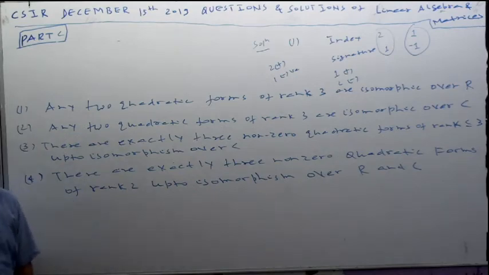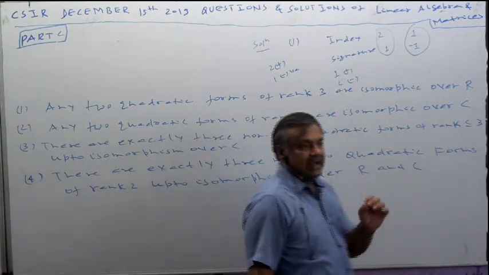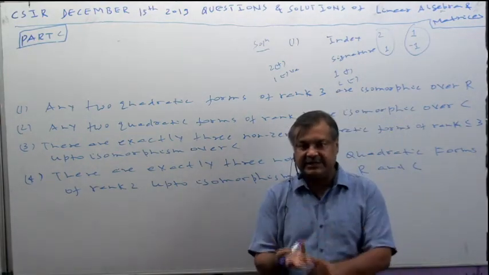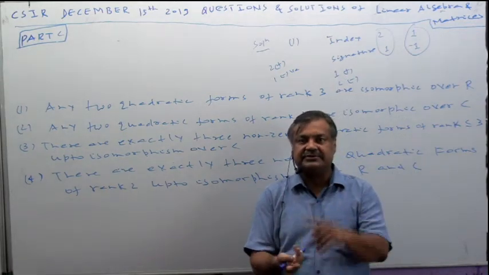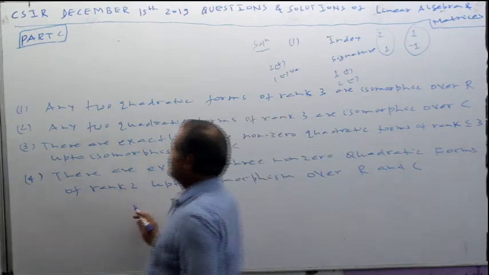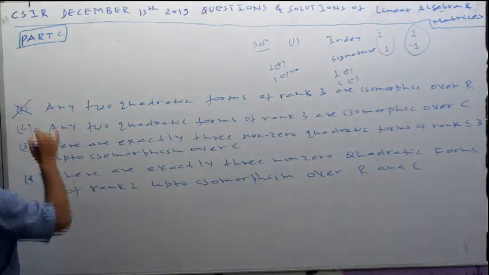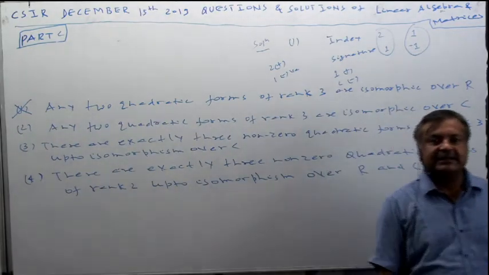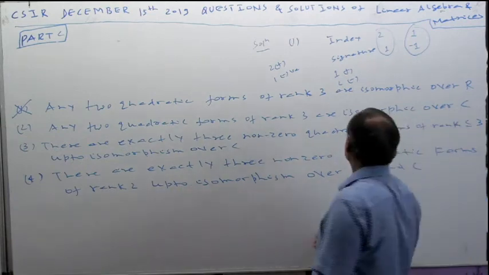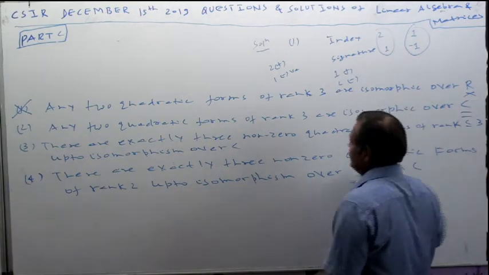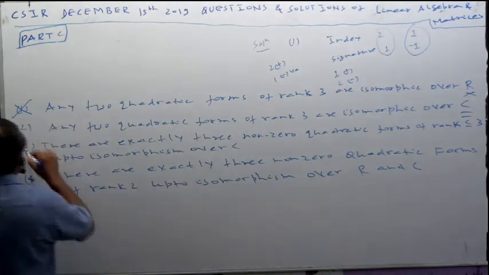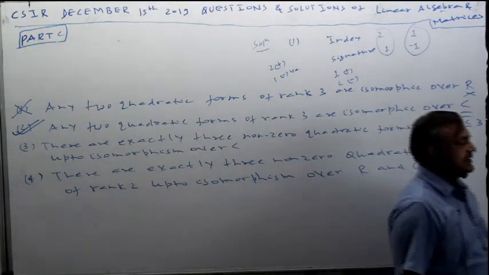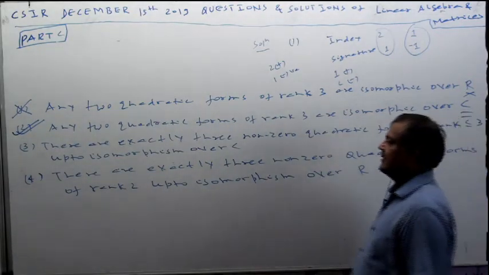Are you happy? Because over R, we have isomorphic quadratic forms if they have same rank, same signature, same index, that means same number of positive terms and same number of negative terms. So only rank being equal is not valid. But over C, two quadratic forms are equivalent if they are of same rank. So over C, no trouble. Over R, a big trouble. Over C, we require only the rank. So first is wrong, but second is totally correct. Happy?